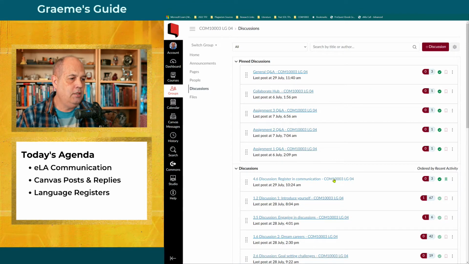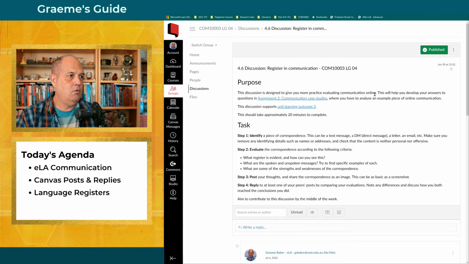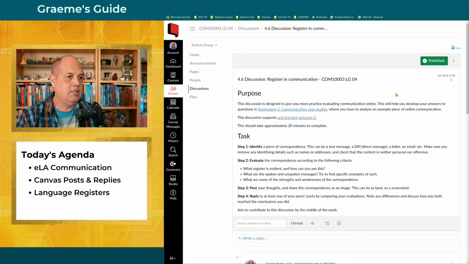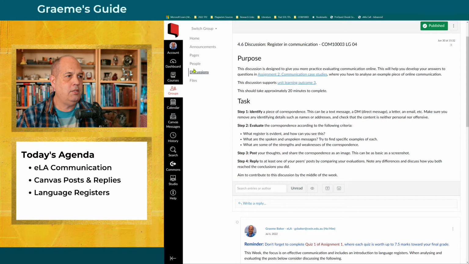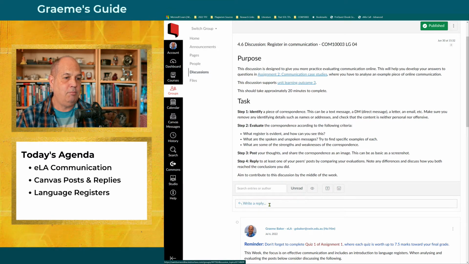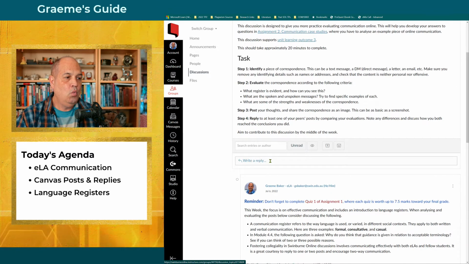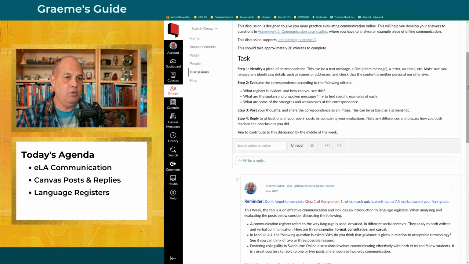Now, Canvas posts and replies. Let's go into the week 4 discussion. When you're replying to the task, like this activity here, I recommend replying directly under the task, where it says write reply.